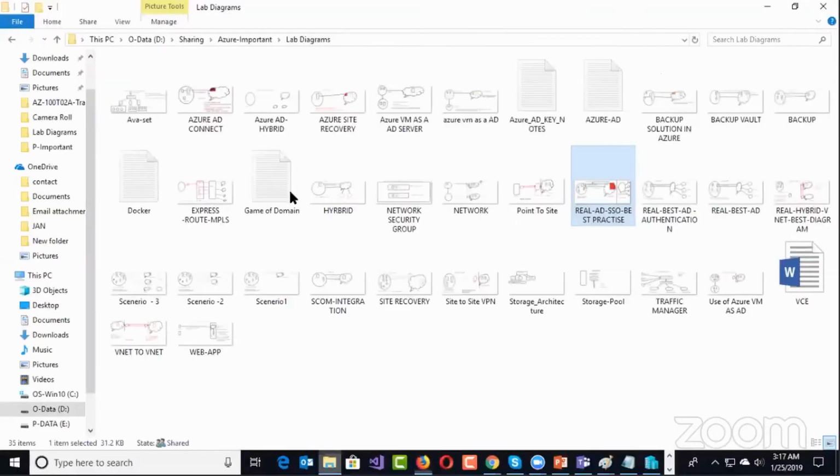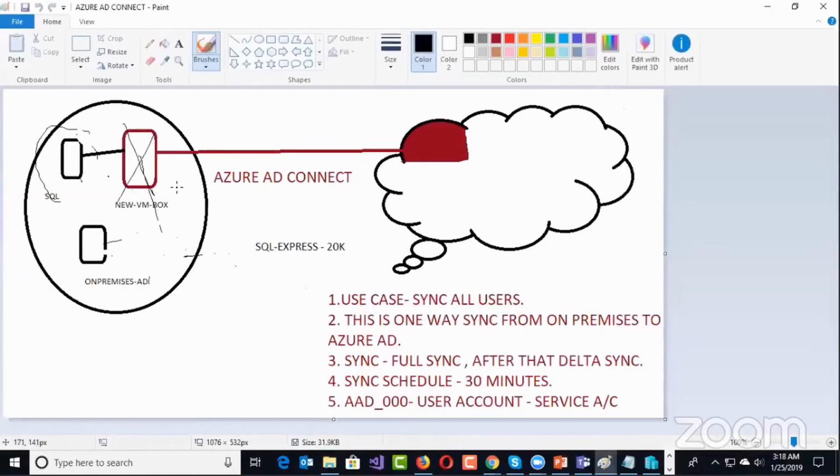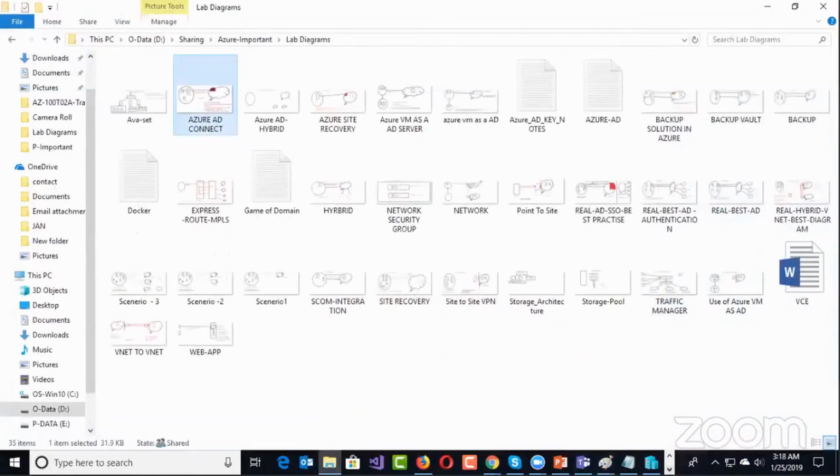So typically best practice is you should not install Azure AD Connect on the same machine. So what is the best practice for Azure AD Connect? Typically you need a separate SQL Server. So I'll talk about that design practice as well right now. If you have 5,000 users on-prem which you want to sync to Azure AD, minimum 5,000 and above, Microsoft best practice is you should have a SQL Server on a separate machine. So you need typically two more machines. One is an Azure AD Connect sync service machine, and second is a SQL Server.